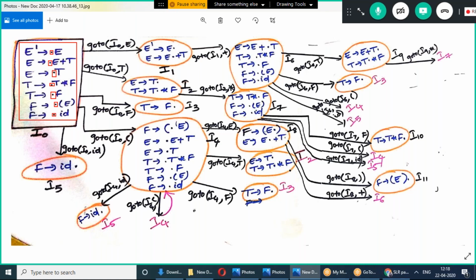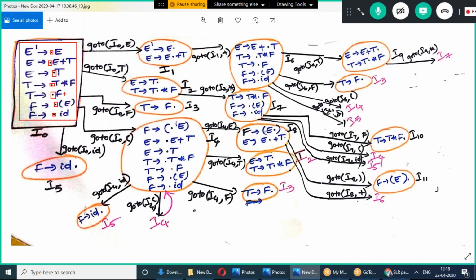So we can perform goto of I naught comma E. After that E is there, we can consider these two productions. After that, goto of I naught comma T, these two productions.